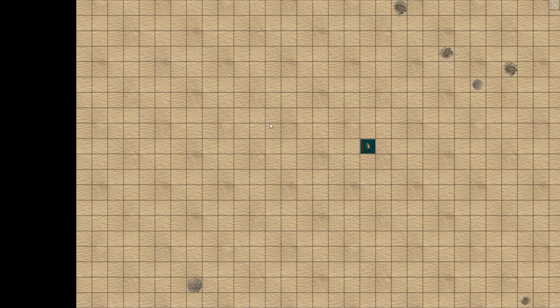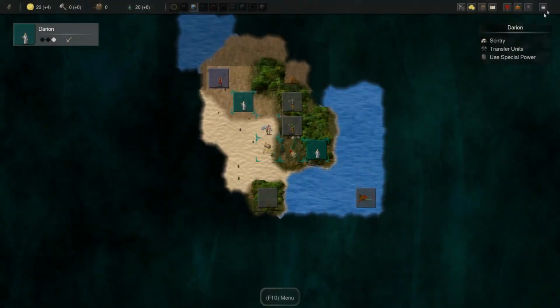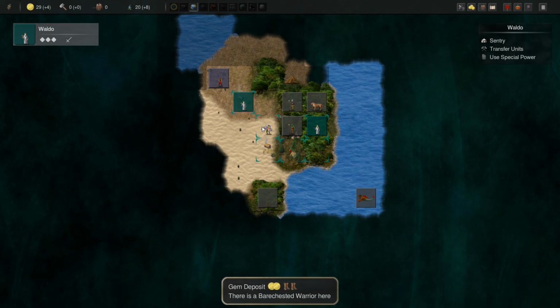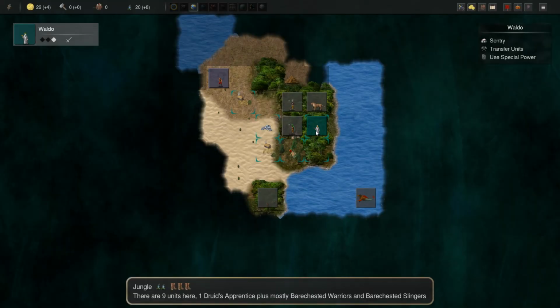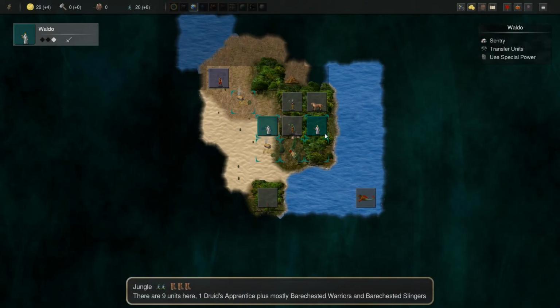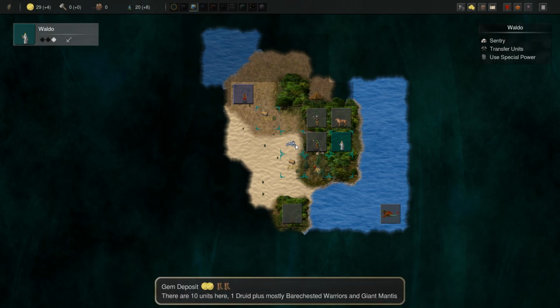But yeah, what did we leave here? We left one bare-chested warrior there. Ah, there's a couple of tigers there. Yeah, we might want to... Okay, we're gonna hope these tigers don't attack him, because then they're just gonna die, and I kind of want them in my army, if I'm honest. So this very turn we will just skip. I know we have one more action point, but...